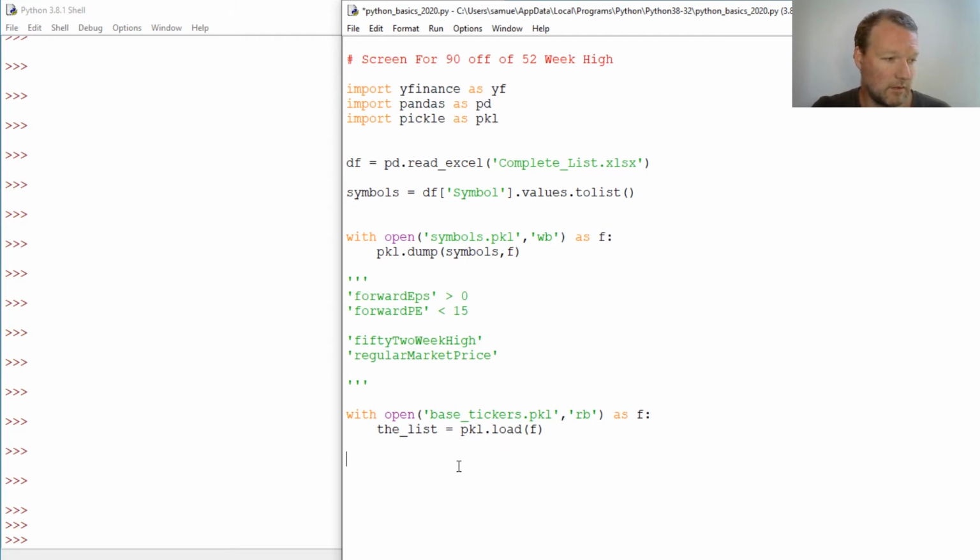And as always, for i in our list, we're going to call it stock equals yfinance.Ticker(i). Now, just like everything else, you're dealing with the internet, so you're going to have some that are going to fail, and you don't want your whole program to fail. So again, we're looking at